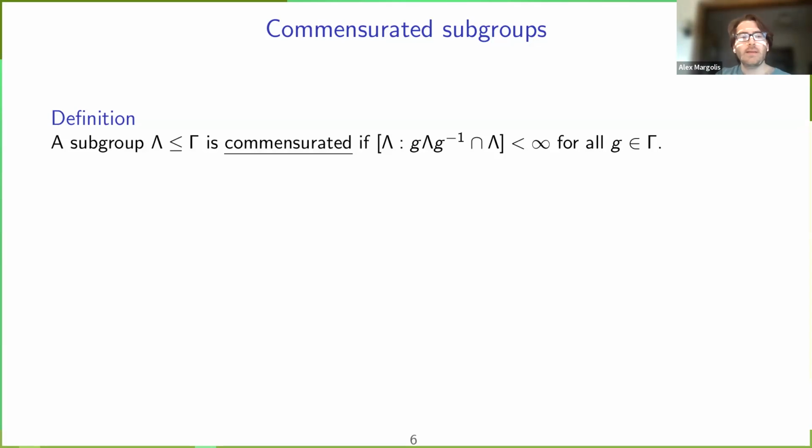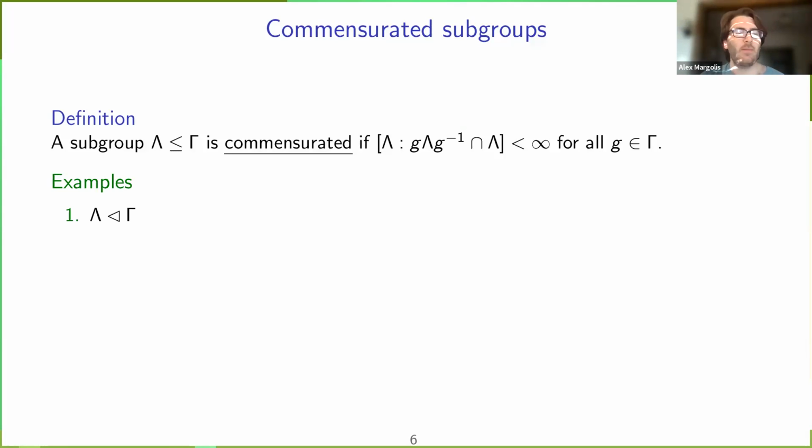Okay, so we say a subgroup lambda is commensurated if when we intersect lambda with one of its conjugates, that has finite index in lambda. And we want to do this for every possible conjugate of lambda. And if that's satisfied, we say the subgroup is commensurated. And this property will capture lots of the behavior of finitely generated groups that have some model geometry not dominated by a locally finite graph.